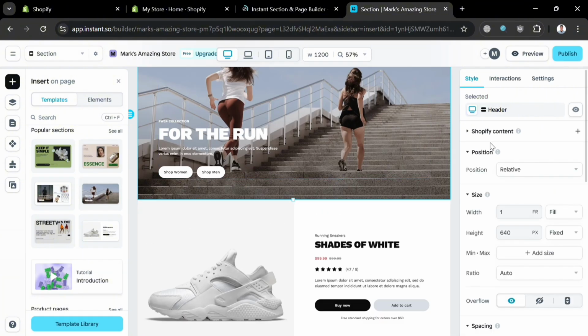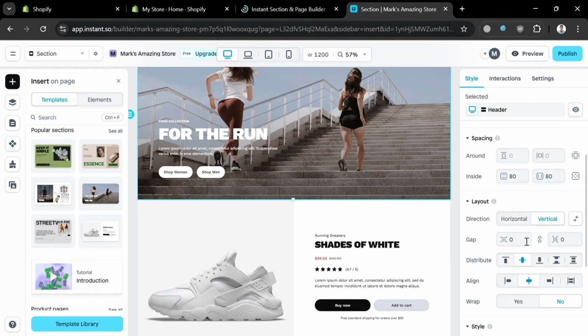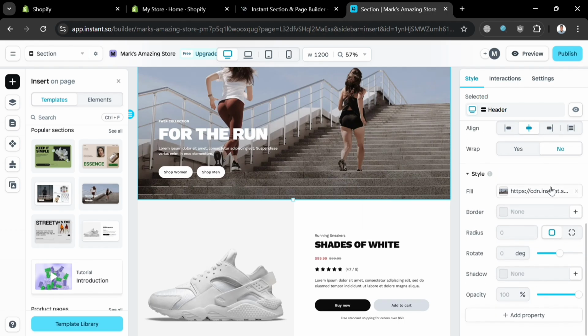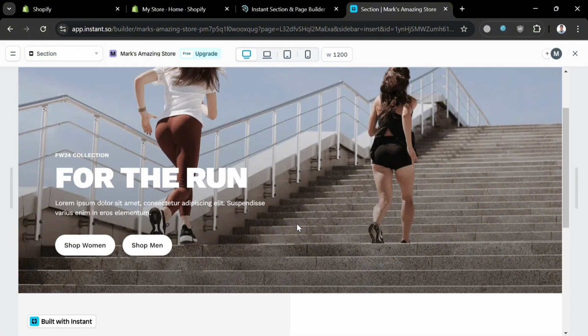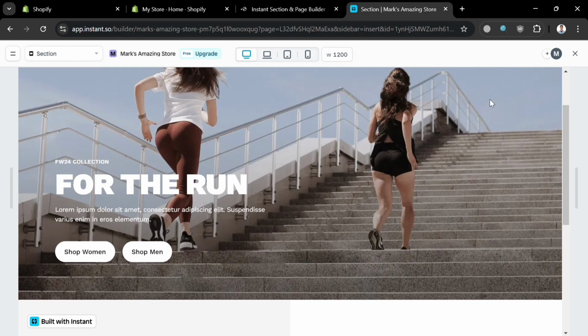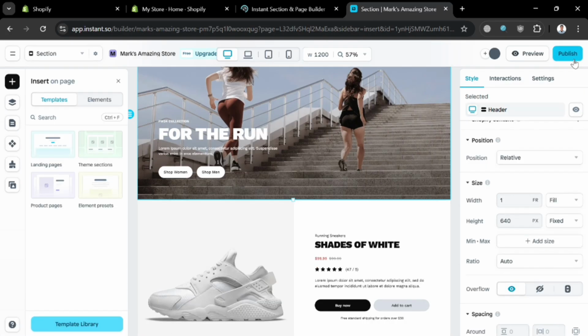While on the right side panel, you could also start customizing, including the style of it, the interactions, and the settings section. From here, it will show you how you can do it using the drag and drop interface. So this is basically what it looks like if you click the preview button, and if you're now done,